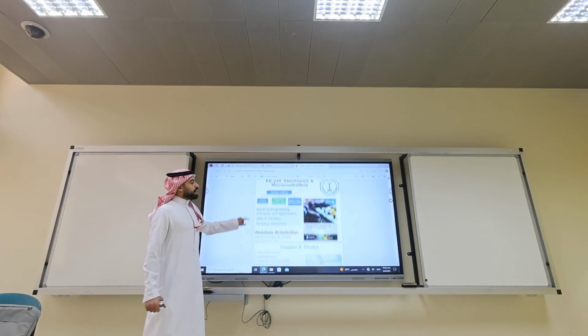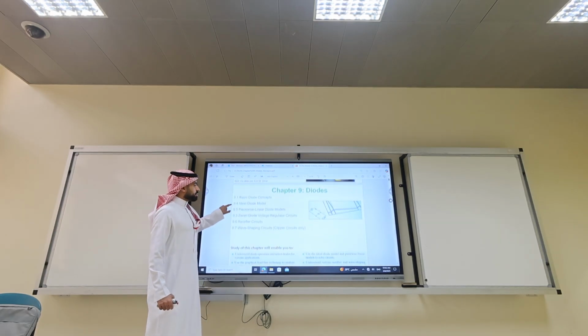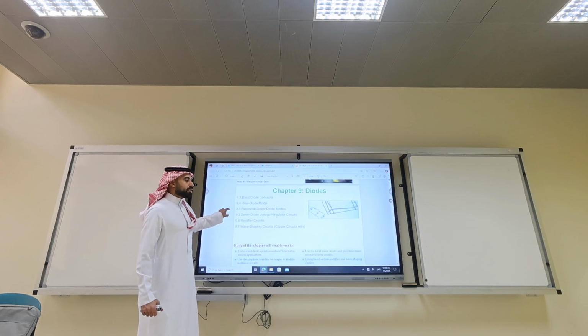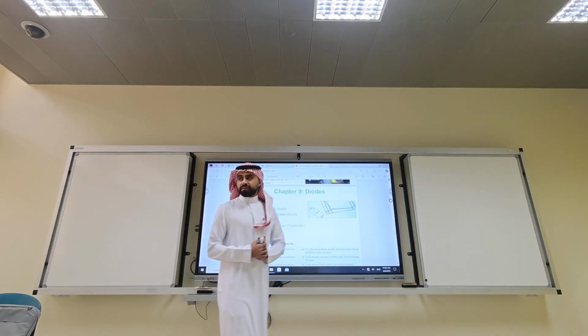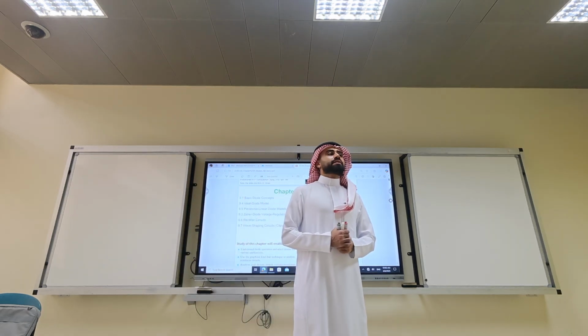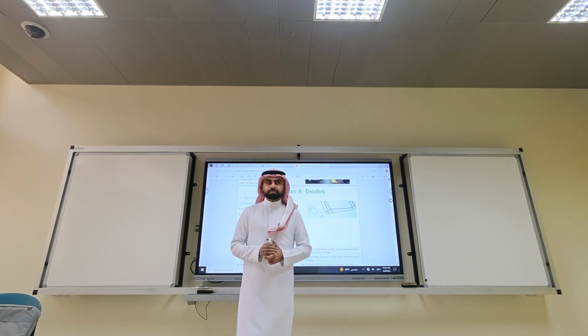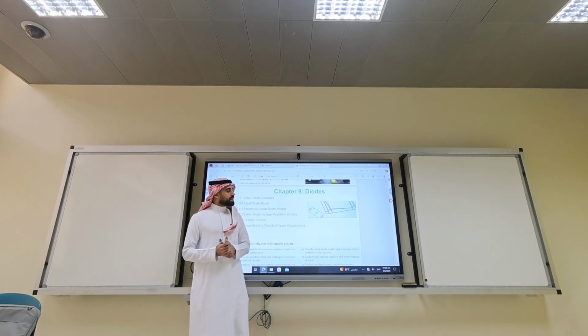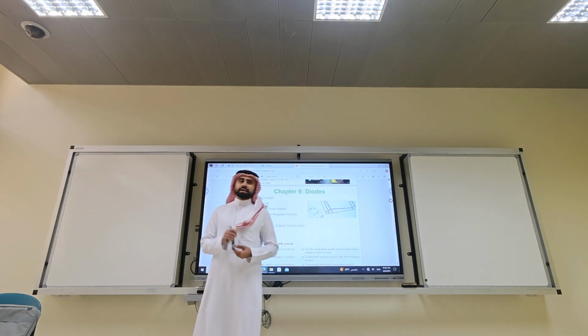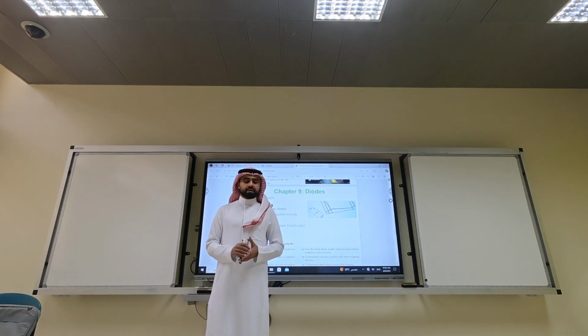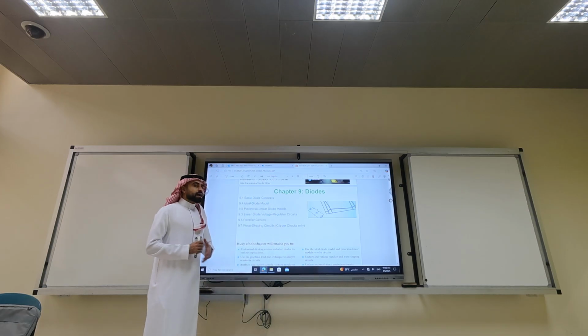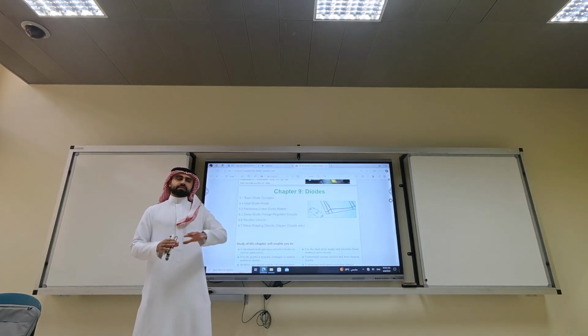Last time we talked about diodes. You remember the diode? What did we say about the diode? It's a device that has the ability to control the flow of current, okay? And we said the diode is made of semiconductor material, and this semiconductor material has some characteristics that we explained